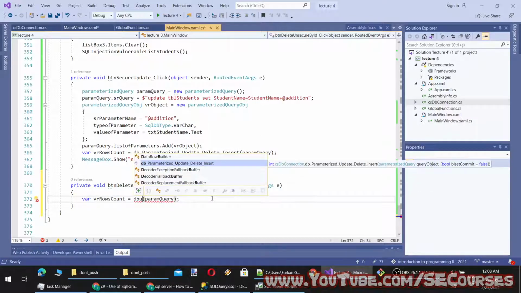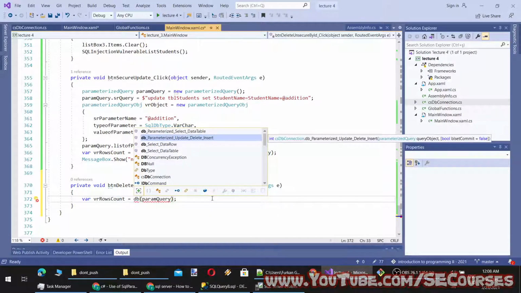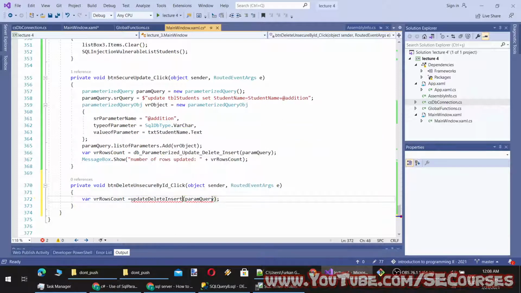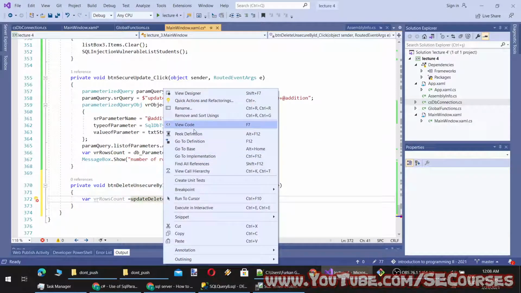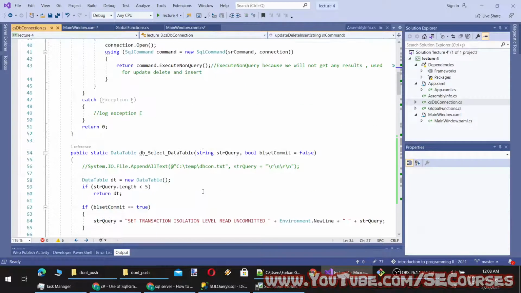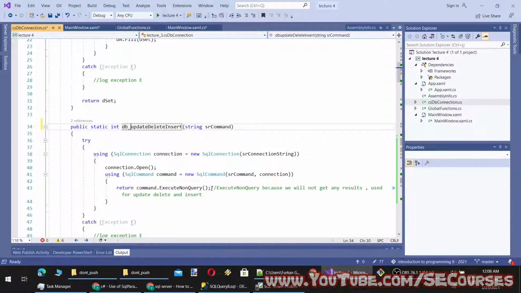Okay, here. Okay, let's change the name of this method. So to keep them the same, db update delete insert.